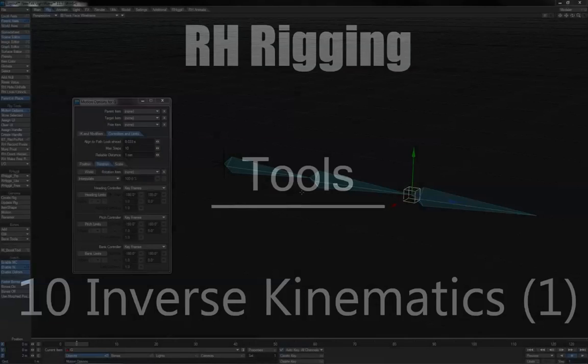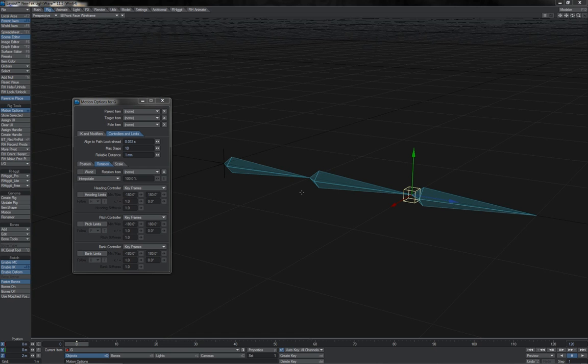Time here then to take a look at IK, or inverse kinematics, and how we use it all. On the surface it all seems pretty simple, and in fact it is actually pretty simple to use and get along with once you understand it fully. But to do that there are quite a few bits of detail that need to be picked over. So what we're going to do is start with the most basics and gradually work our way through all of the pertinent little bits and pieces that you will need to know to get the most reliable solves out of